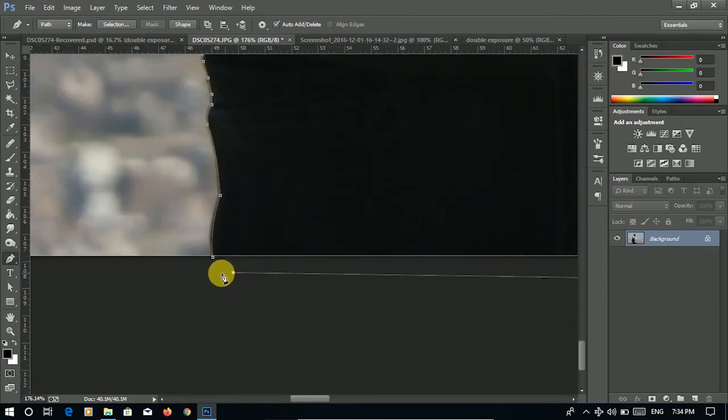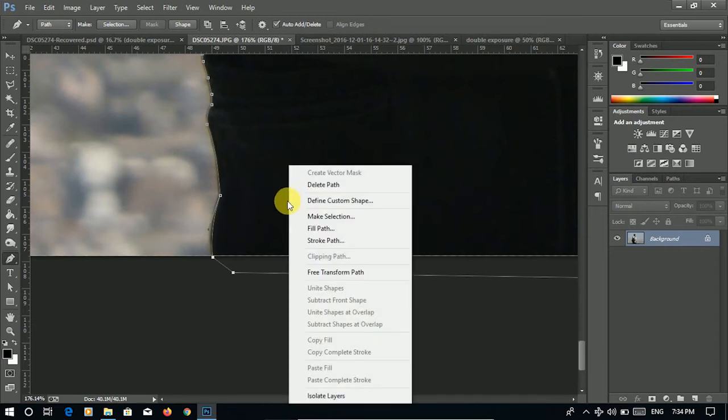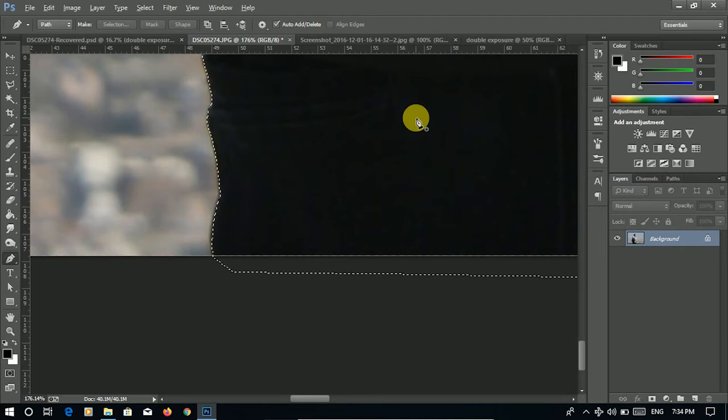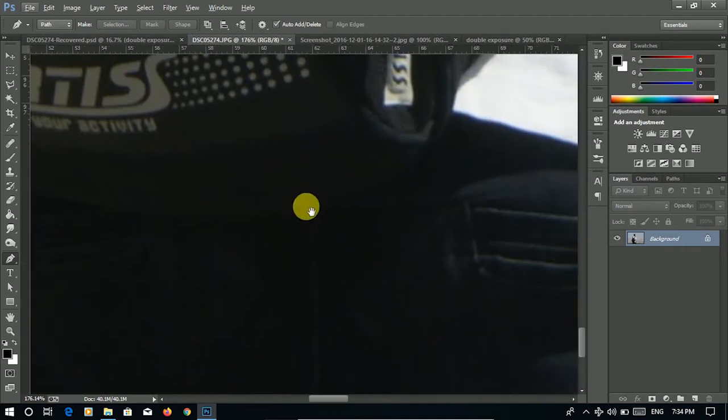And we are finally done, and now I'll close the path, then right click and make a selection with 0% feather radius. I will press OK. Now my selection is